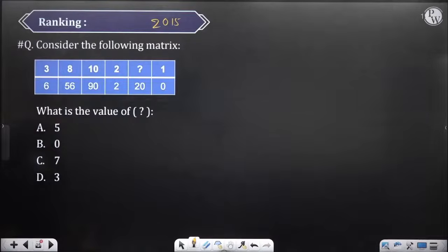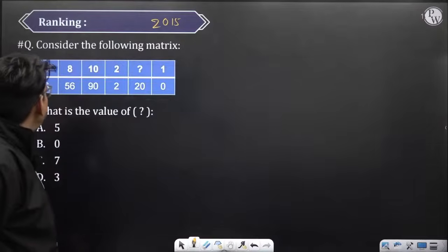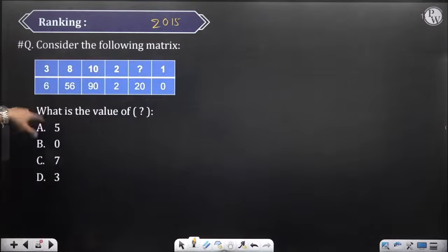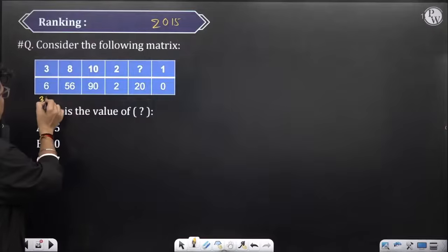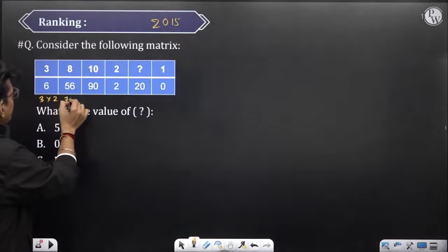5 into 2, 4 into 2, 2, 1. Can you find any series? 3 and 6 are connected by 3 into 2. 8 into 56 is connected by 8 into 7. So here 6 is 3 into 2. This is 7 into